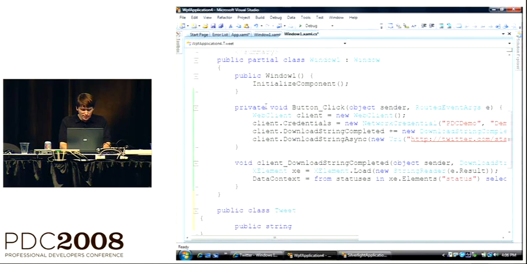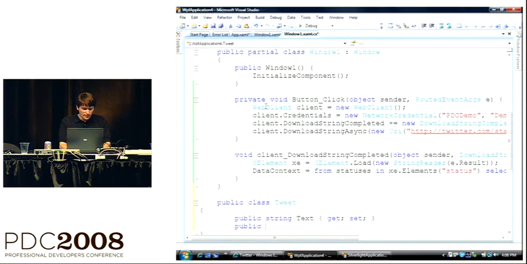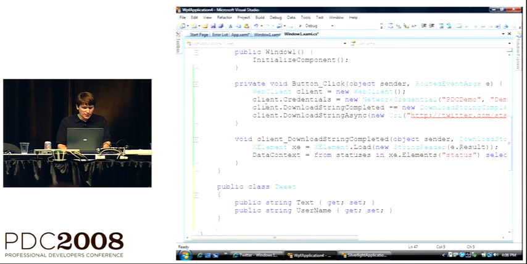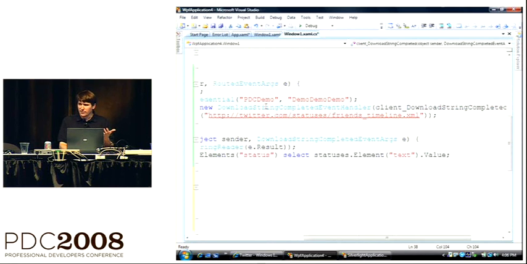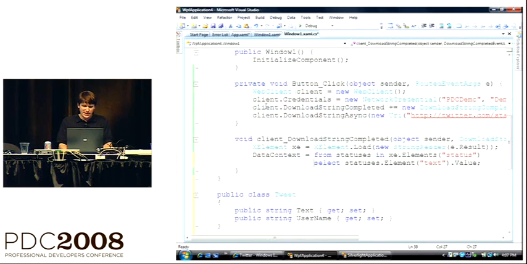I'm going to add a property. Let's do text. I'm just going to do this the simple way. Username. So now I've got my little Twitter class that I'm going to use. I'm going to use basically the same link thing that I was using before, but rather than just selecting a list of text out of the thing, I'm going to do, let's do this,